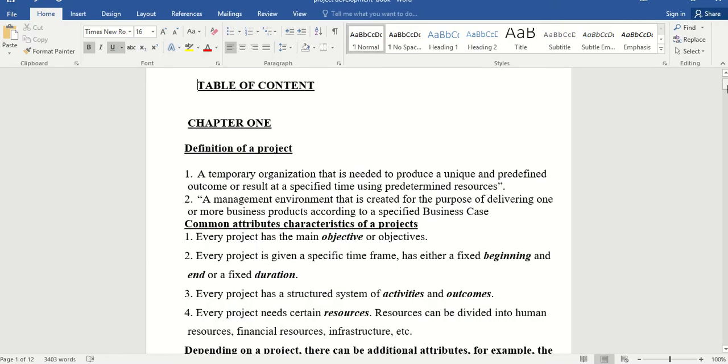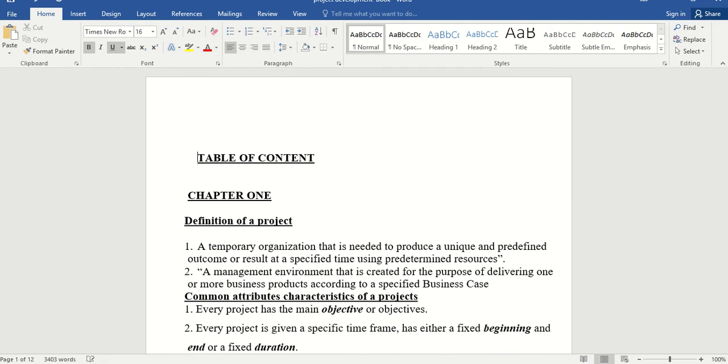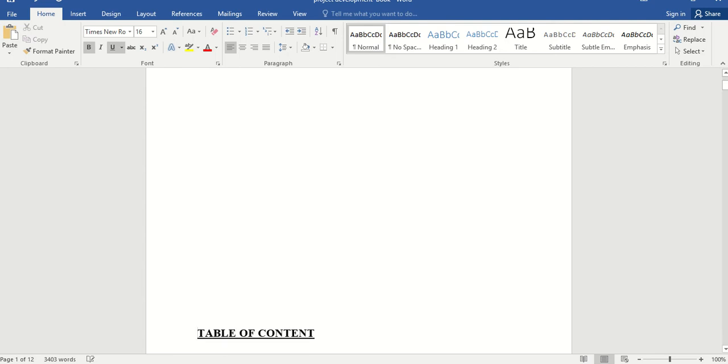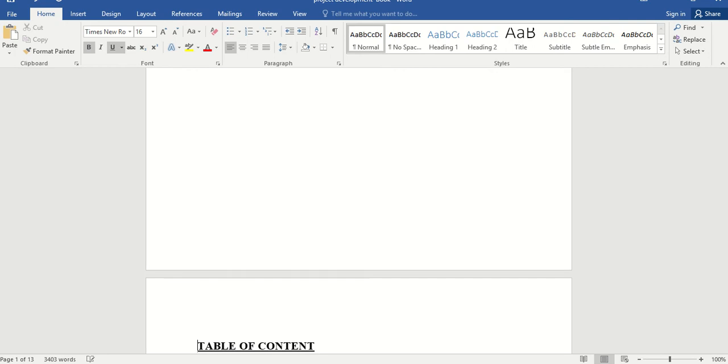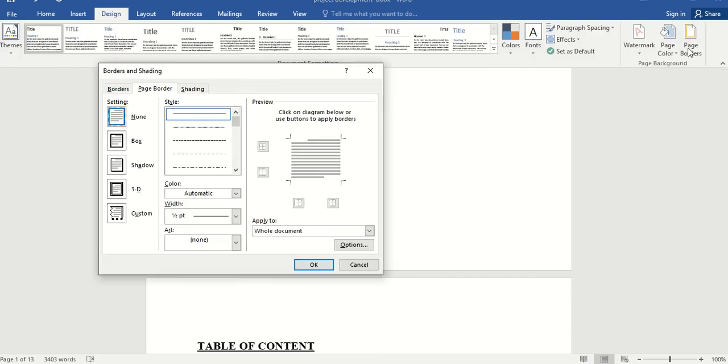So first of all, remember that whenever we are creating a project, we must have a first page, which we call the cover page. So I press enter and make sure I have one page which is blank. This is the page that should be the first page, and to make sure that it is visible,